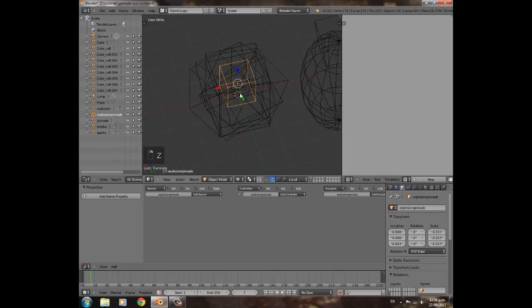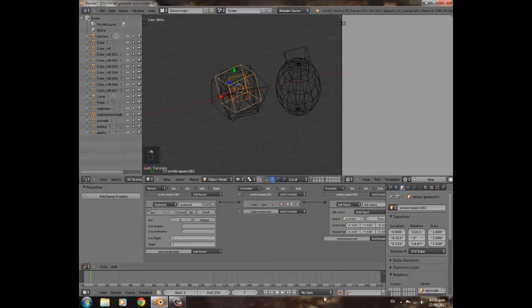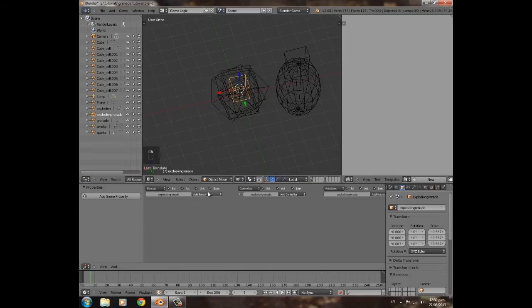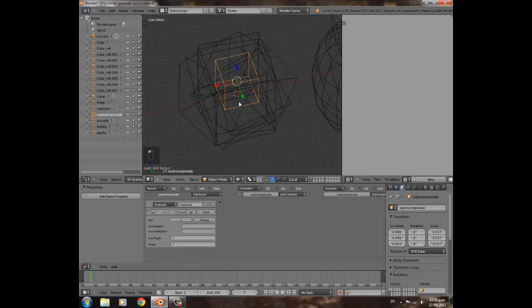So select the parent and select one of these. Actually, select the parent and give it a keyboard. You can change this to collision later if you want, and we'll change that to X. And then actually no, we can just